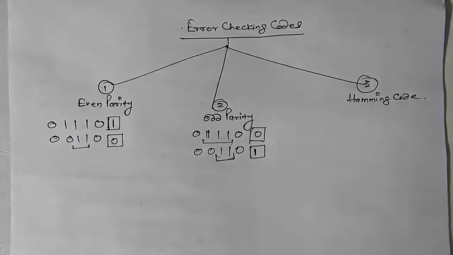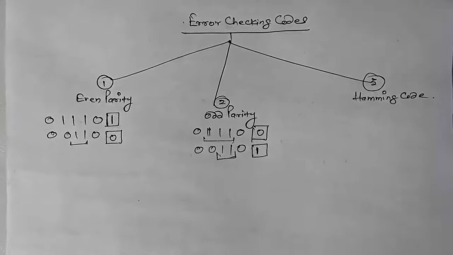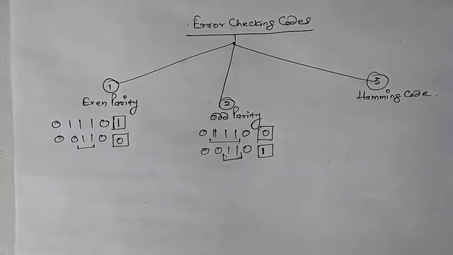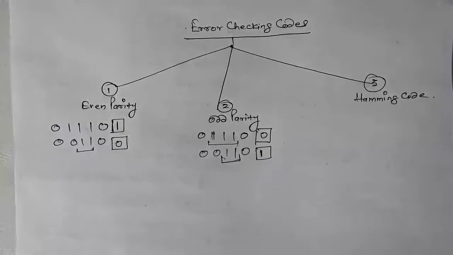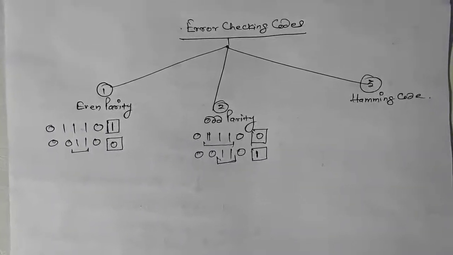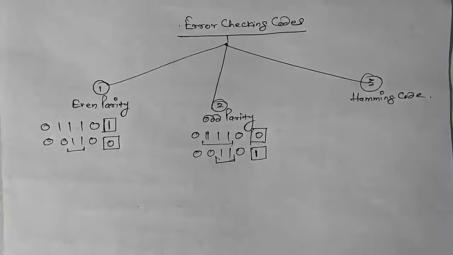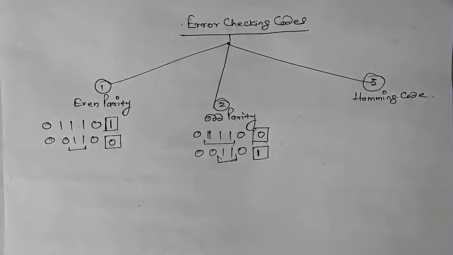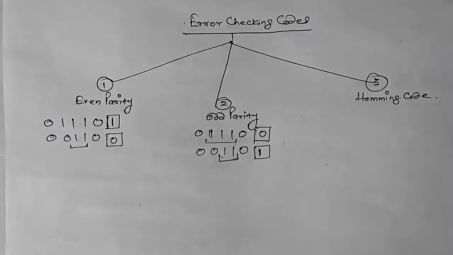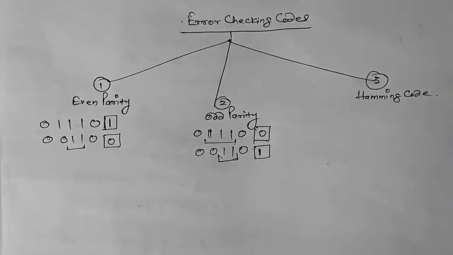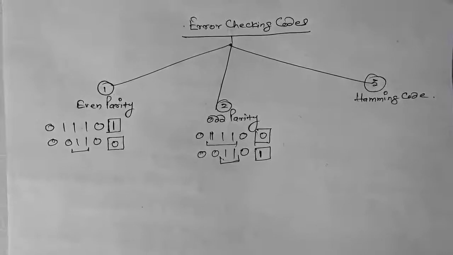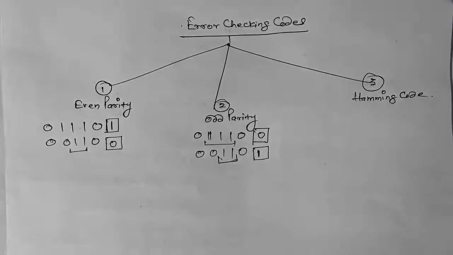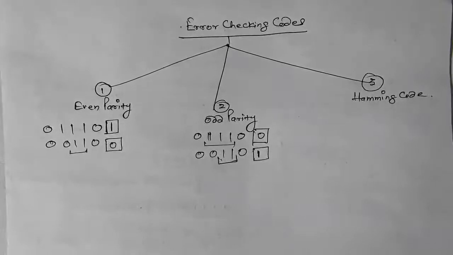If we are working in odd parity mode, when data is sent from transmitter to receiver, the receiver will check the number of ones in the data. It should always be odd. If you get an even number of ones in the received data, that means some error has occurred. Again the receiver will prompt you that there is some error, by glowing some LED or whatever it may be, but it will indicate that data got corrupted between transmitter and receiver.